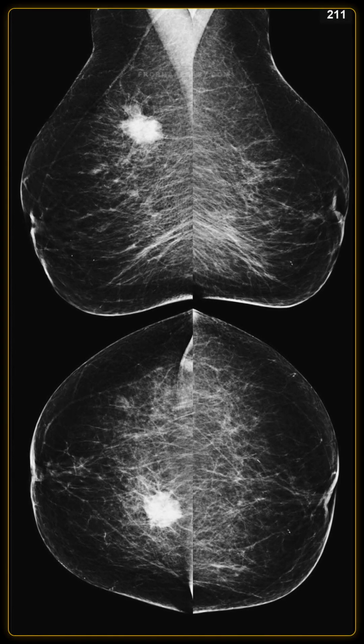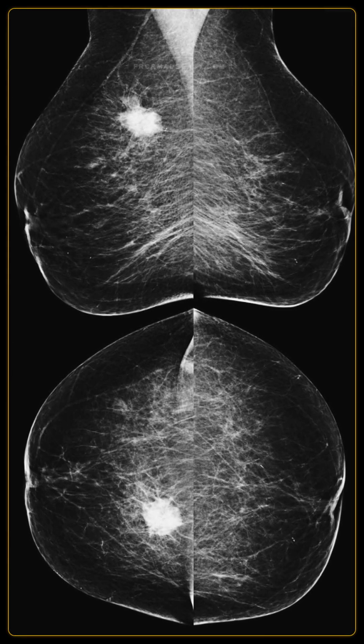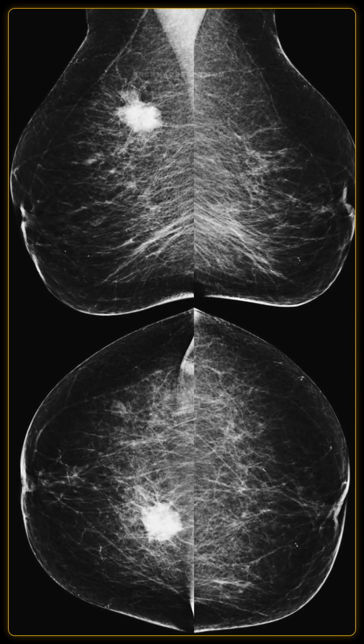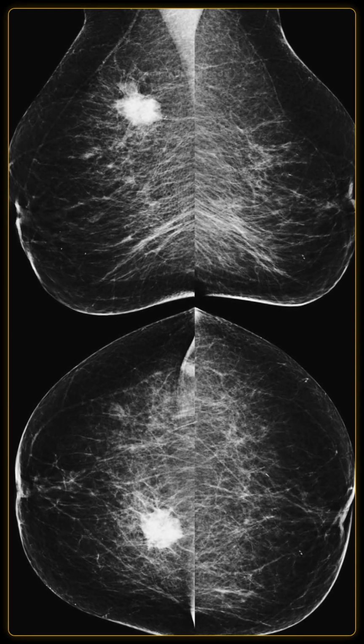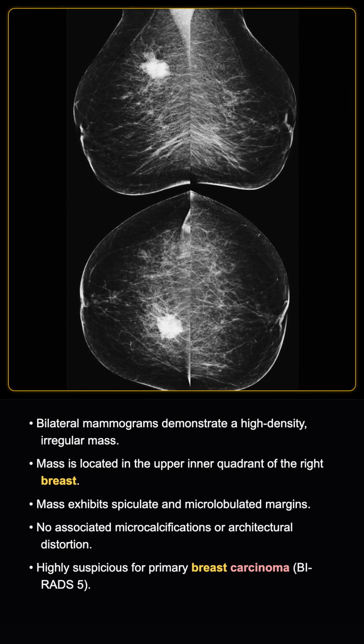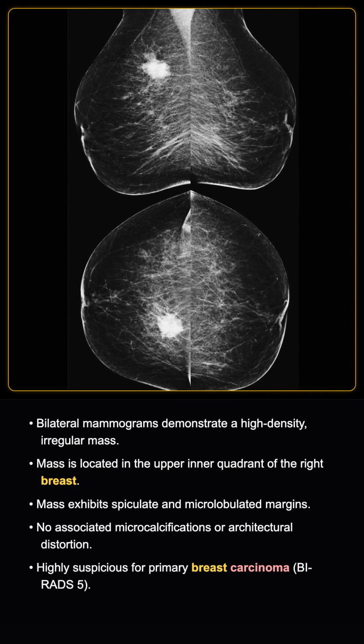A 61-year-old asymptomatic woman undergoes routine screening mammography. I am showing you the mammograms. Describe the findings. Okay. The bilateral mammograms demonstrate a high-density, irregular mass in the upper inner quadrant of the right